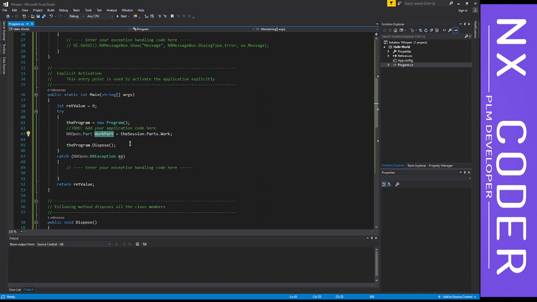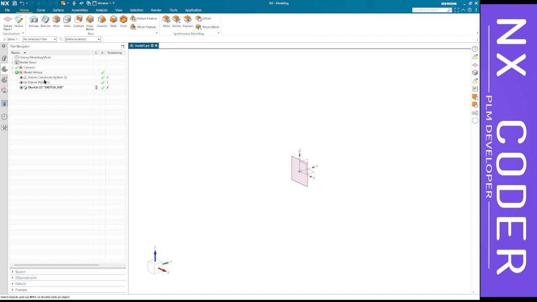So here you see I have opened the same project that we were working on before, and I also have an NX part. In this NX part I have a few features already created. People call them features, and there are different names. You can call it as you like. Now in this video we'll learn how to look through all the entities inside this feature tree,